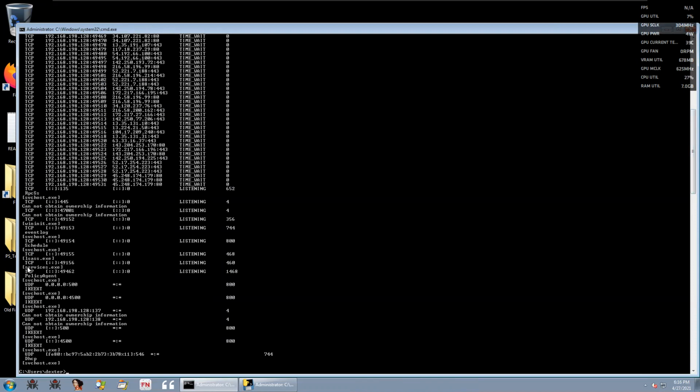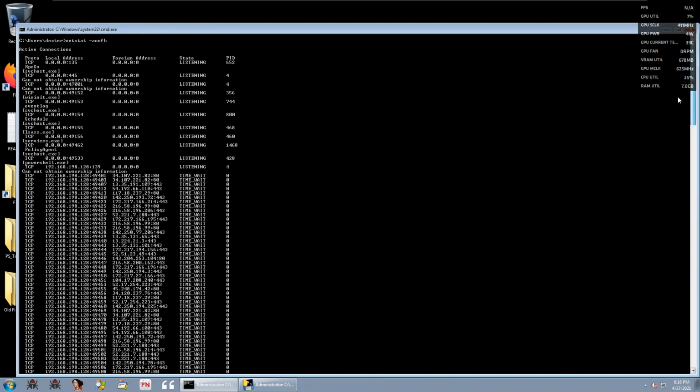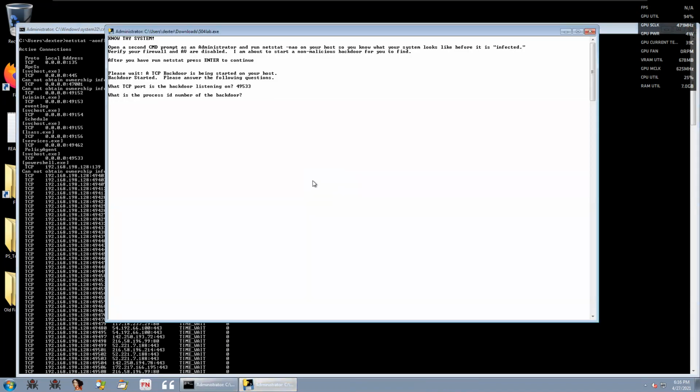SVC host is running, nothing unusual, no port number. I can see nothing. Oh yes, I can see there's a PowerShell running on a remote address 0.0.0.0 and port number 49533. So that's our answer. Let's go there and enter the answer.